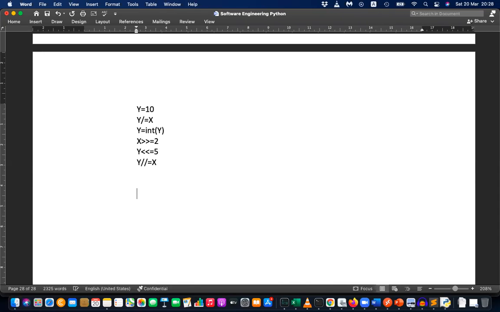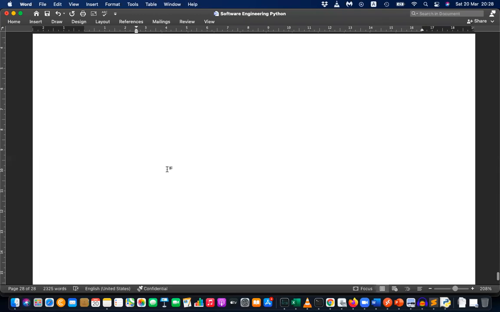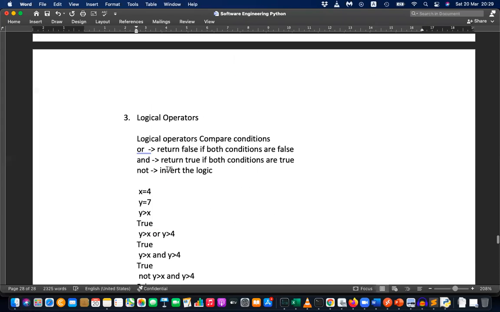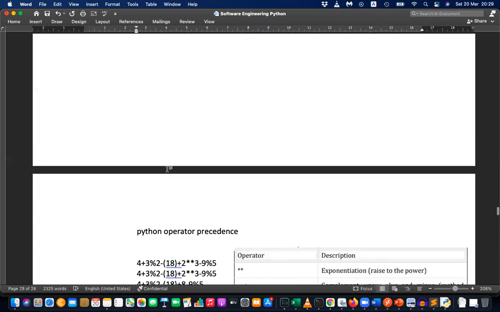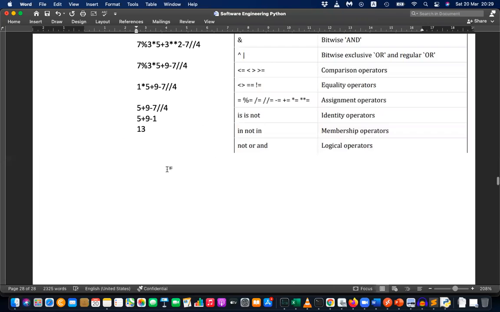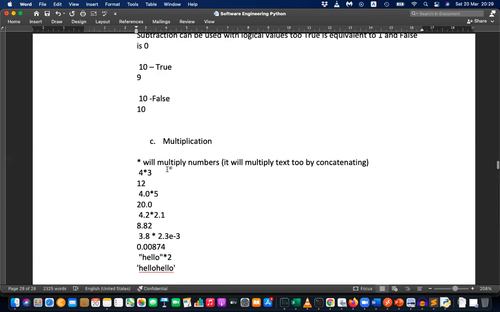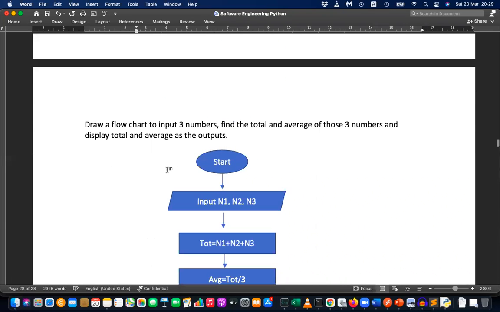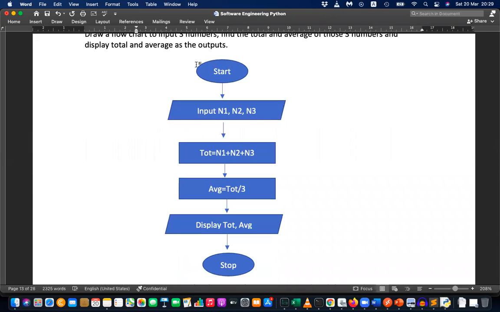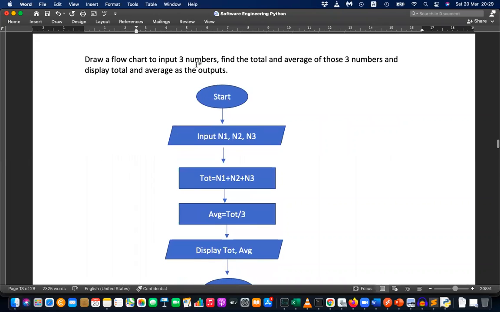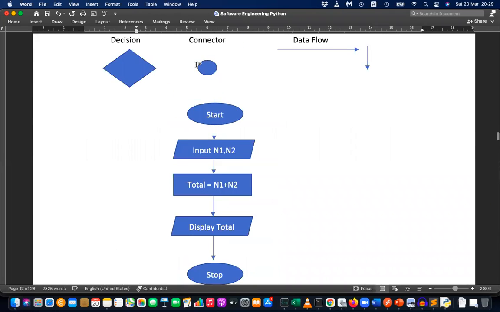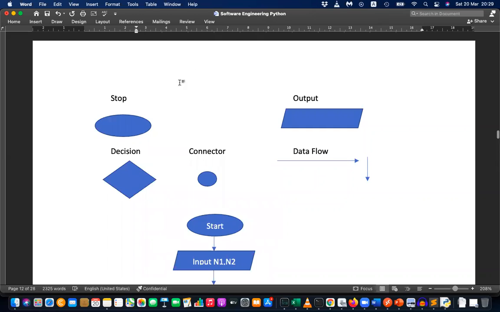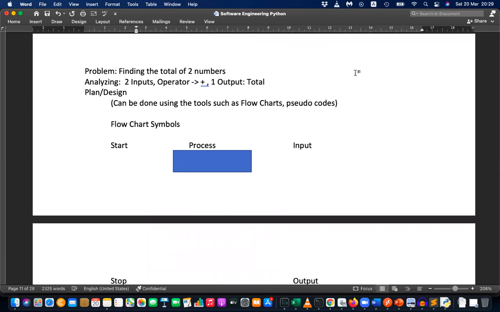And after this, basically we learned a few concepts. We started with this flow chart, I guess. As I remember, we started with this one, sequence. This is the initial flow chart that we went through. And then we discussed two more things related to these flow charts, that is selection and repetition.